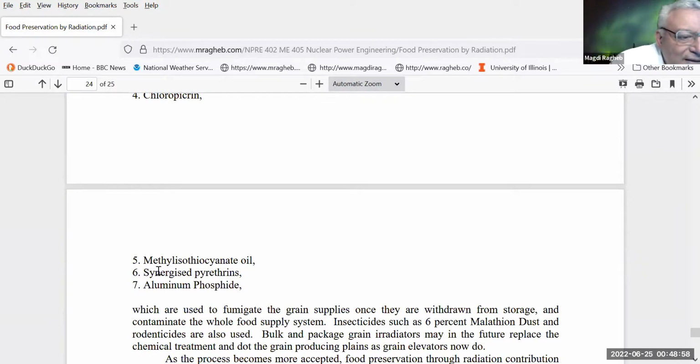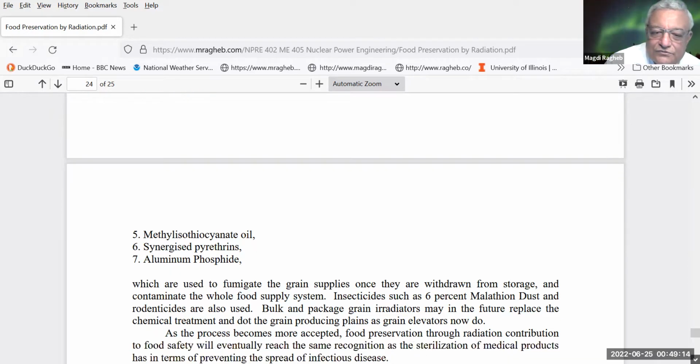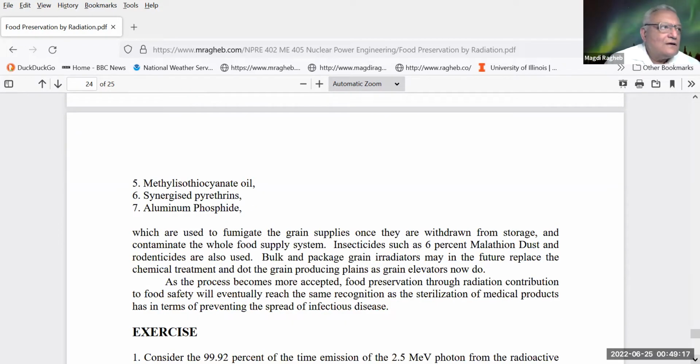Methyl isocyanate, and when you see the word cyanate here, that means it's toxic. Cyanopyrethrin, that comes from the chrysanthemum flower. Aluminum phosphide. All of these materials are used to control the growth of fungi, bacteria, and insects in our grain supplies. And it goes without saying that substituting it in our future with food irradiation would give us the same benefit that we are getting already from